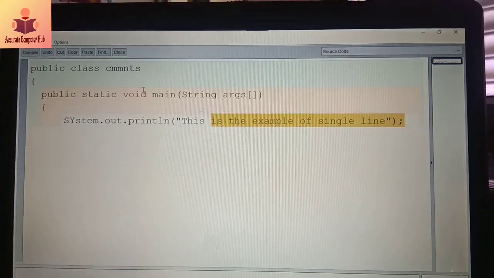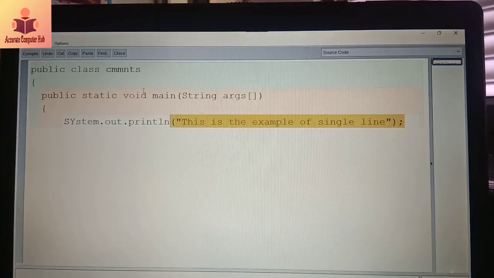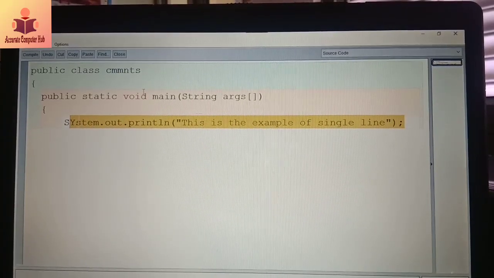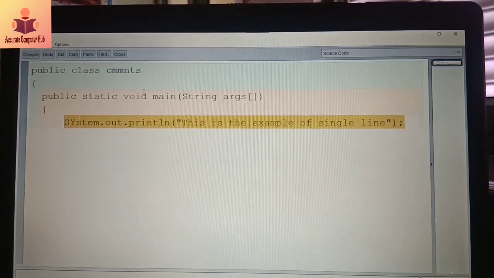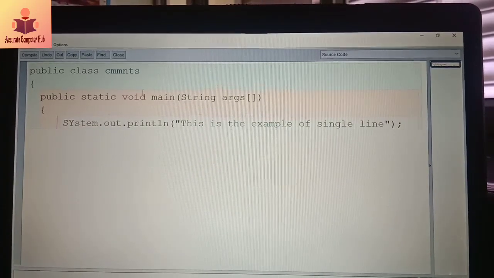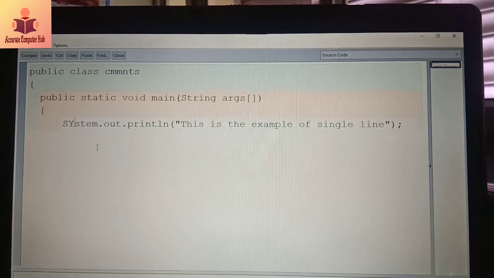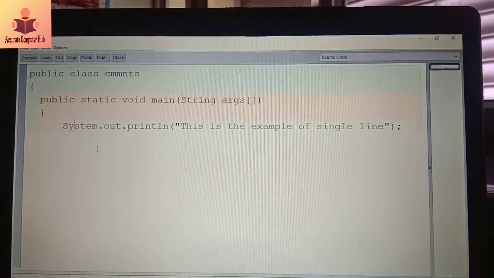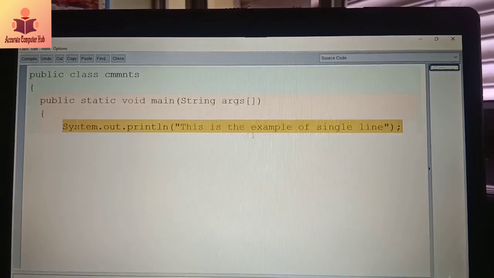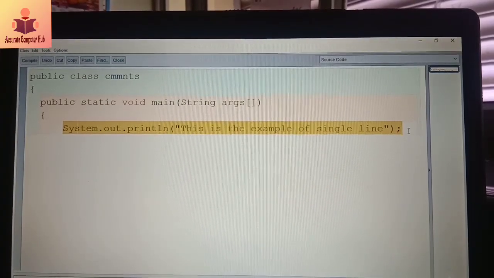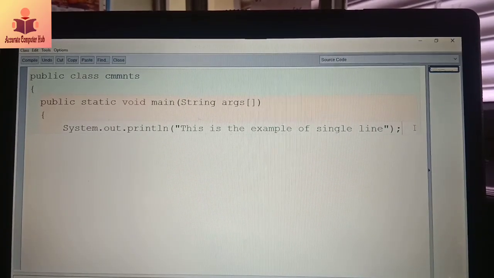I am just copying this statement, and pasting it.